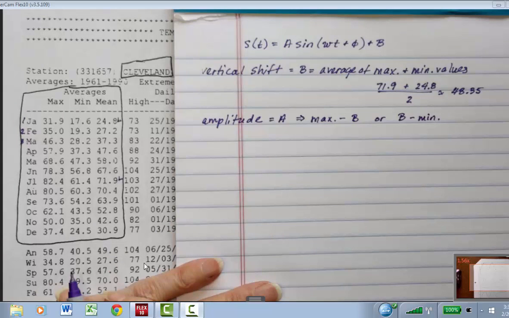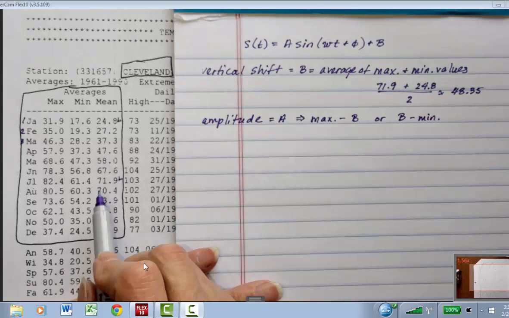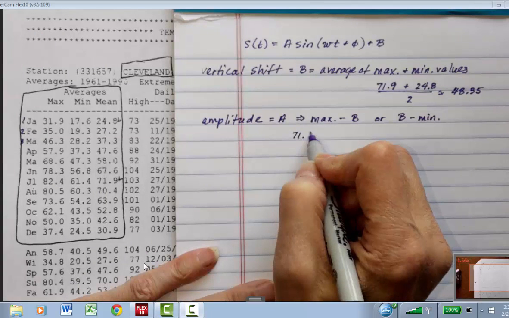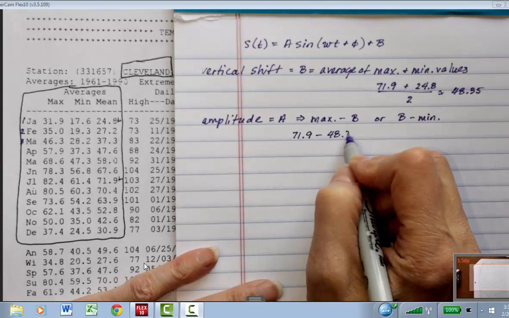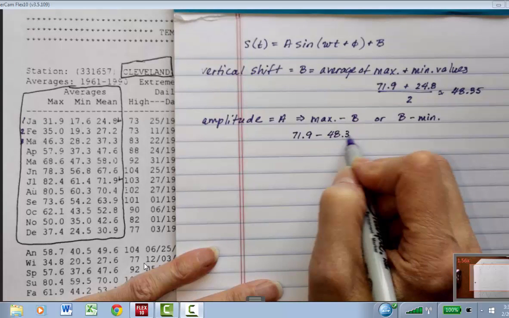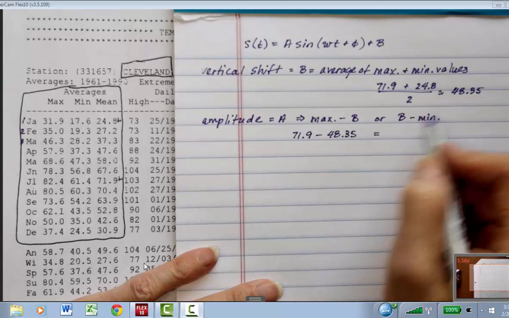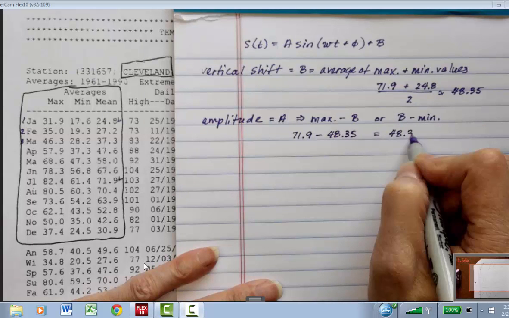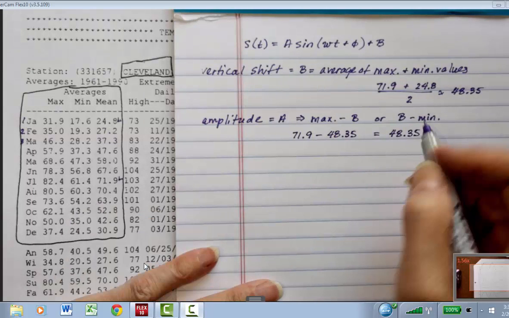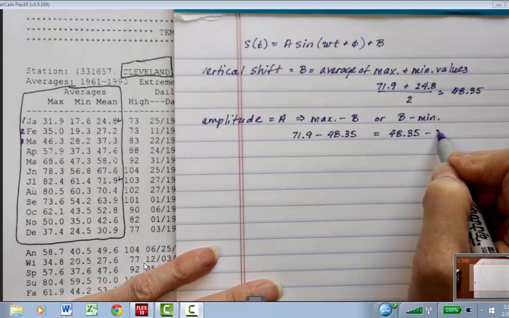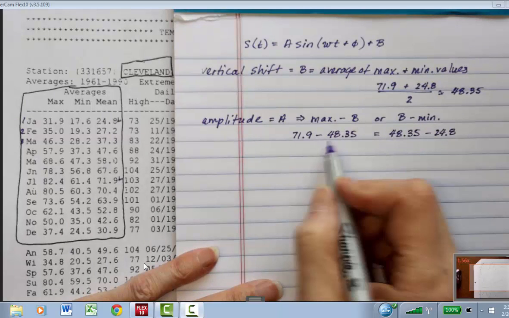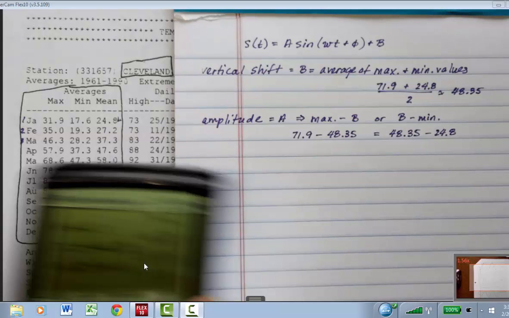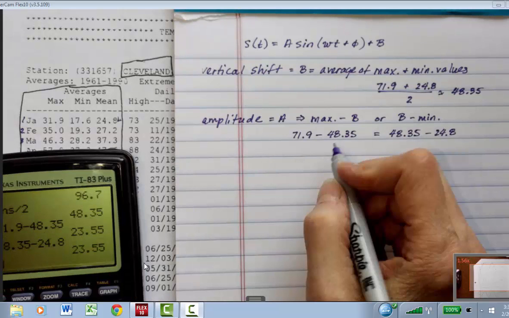So if we take our maximum value of 71.9 and subtract our vertical shift of 48.35, we should get the same thing if we take our 48.35 and subtract our minimum value of 24.8. Now you only need to do one of these expressions. You don't need to do them both. I'm just trying to show you that either one will give the same answer. And when I do these, A is equal to